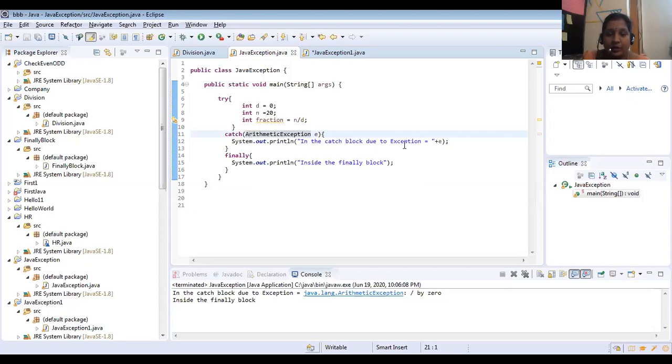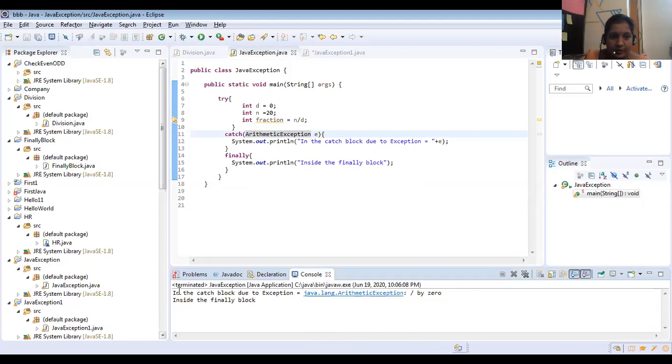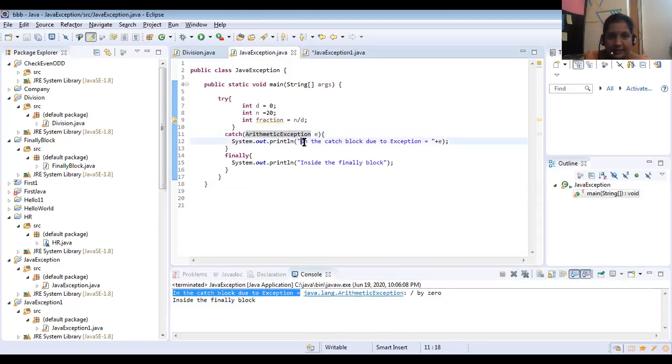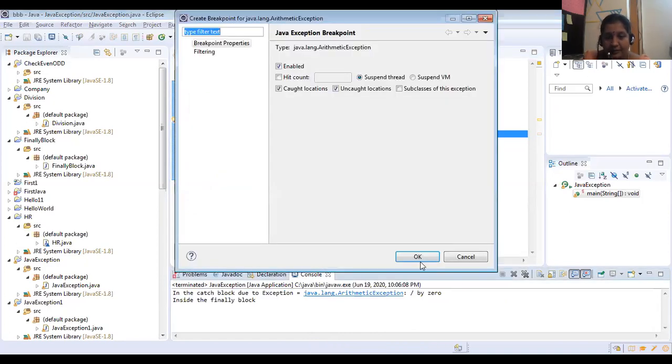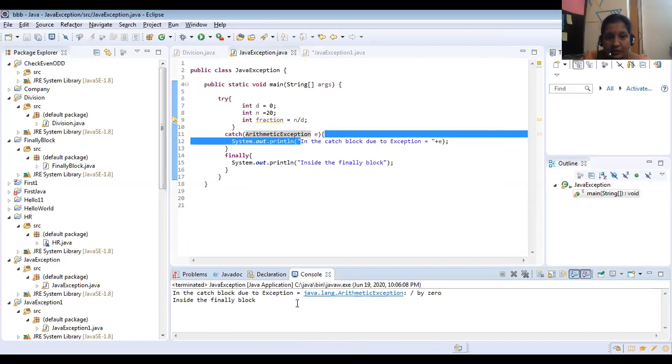So in the catch block due to exception has to be printed, then inside the finally block has to be printed. But if you see here, in the catch block exception has been printed, till this one I have given inside this double quote. What is this, java.lang.ArithmeticException: divide by zero? Sorry, this is not an error, this is an output. What kind of exception is your program giving?